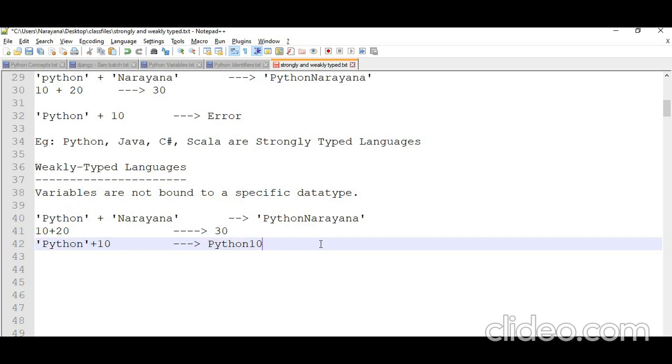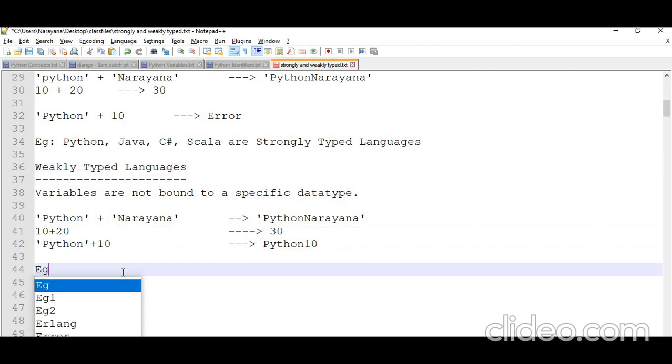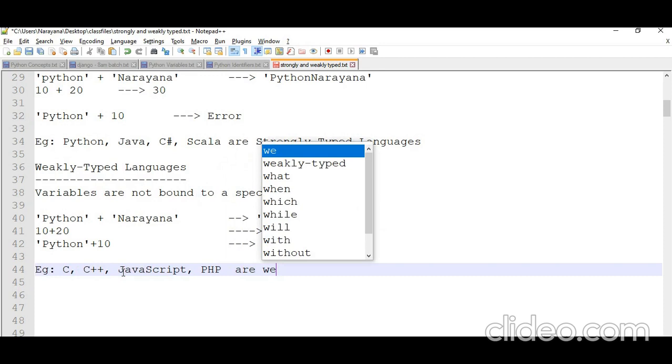So if any language allows performing these operations between two different types of values, then that language is called a weakly typed language. The examples are C, C++, JavaScript, and PHP. These all are examples of weakly typed languages.